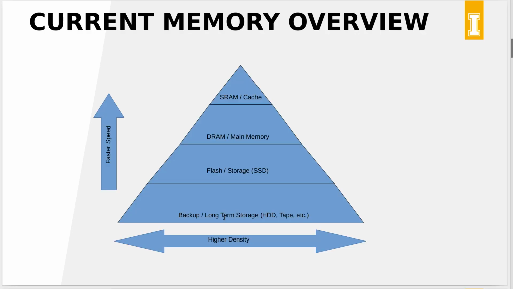Quickly, we're going to take a look at the current memory architectures and overview. With the current architecture, the closer you get to the CPU, the faster the speed that you need to be. But because of the memories that we have, that also comes with a reduction in density. This means that the more data that is being processed, the more you need to go and access those lower speed